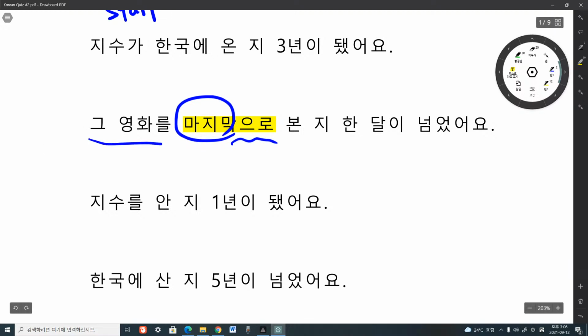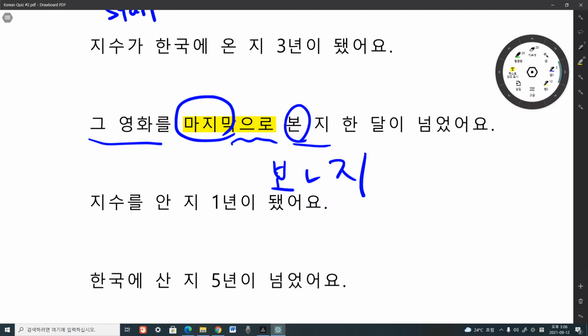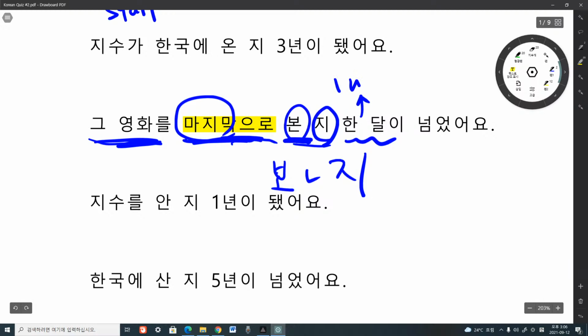So 그 영화를 마지막으로 보다, verb plus 니은 받침 지. 영화를 보다 means to watch a movie. So since I last saw that movie, 그 영화를 마지막으로 본 지 한 달, 1 month, right? 한 달이